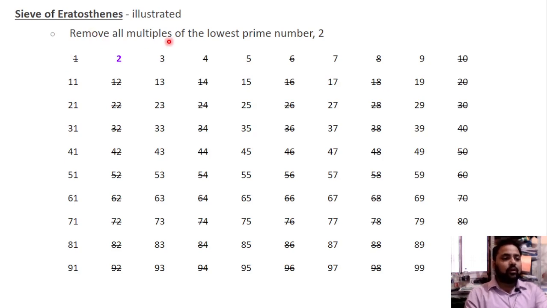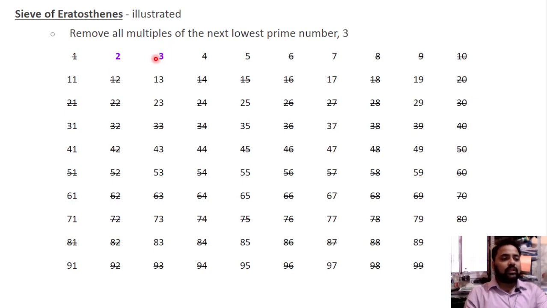Here remove all multiples of the lowest prime number 2, then the 2 having multiples 4, 6, 8, 10, 12, 14 up to dot dot dot. Here 100 will be the last point, and simply all the even numbers up to 100 starting from 2. So here 2 is the prime number, and we have to remove the multiples of 2 like this. Thereafter